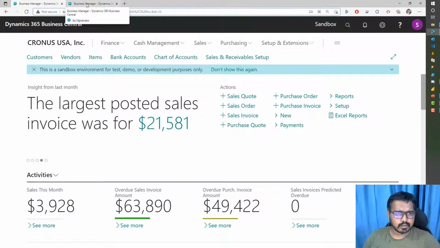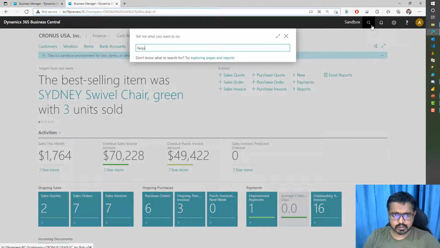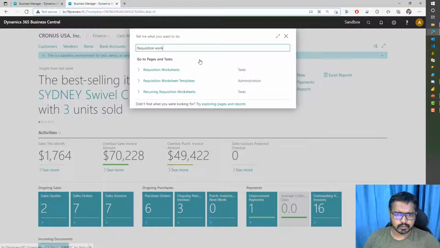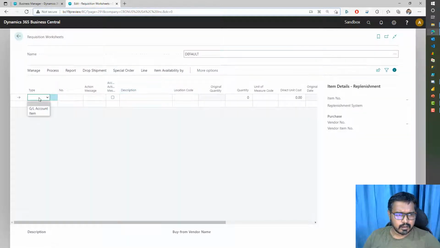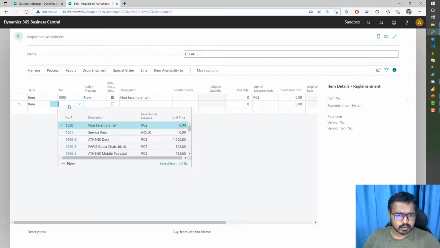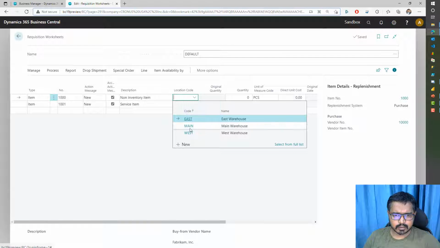Now let's move to Business Central 19 and search for requisition worksheet. Here, if I click on item, I'll see all the items, and if you notice, the first two items from our last discussion are the non-inventory item and the service item, and I'm able to choose them here. So if I click on this, I can choose those items and I can assign a location,